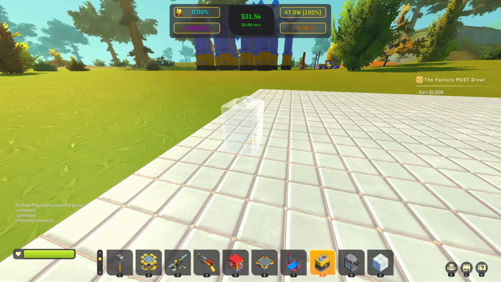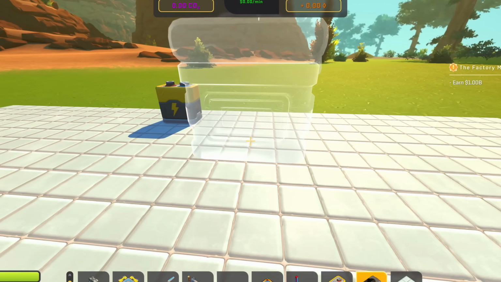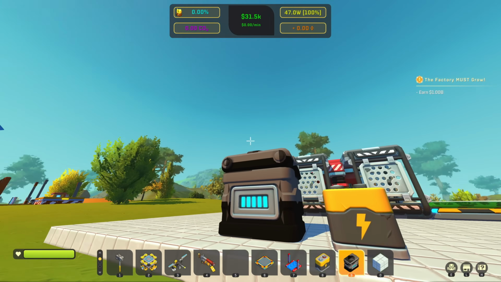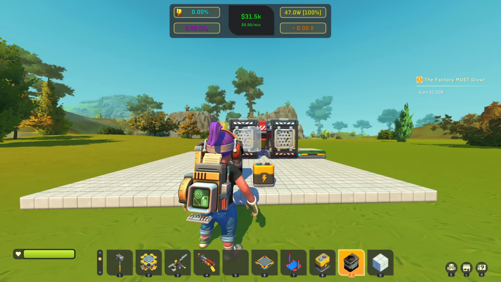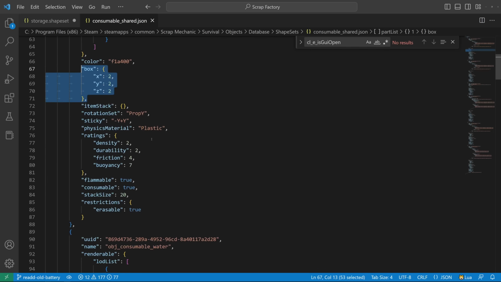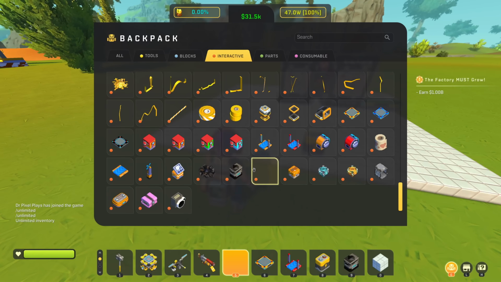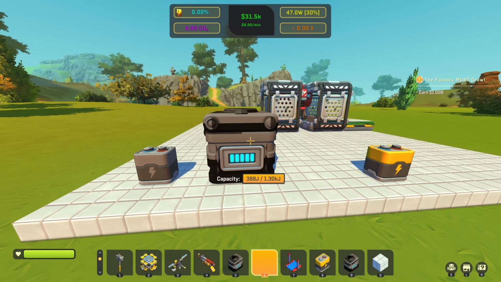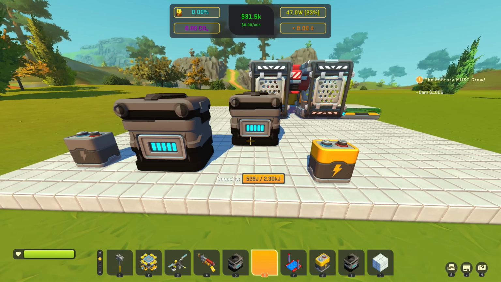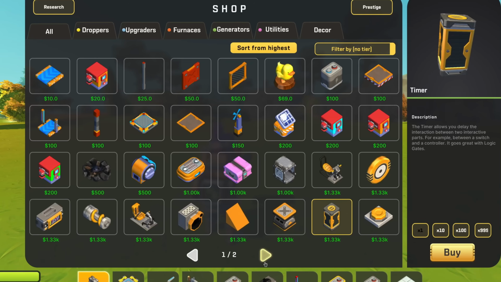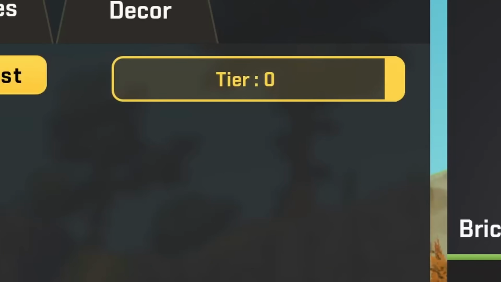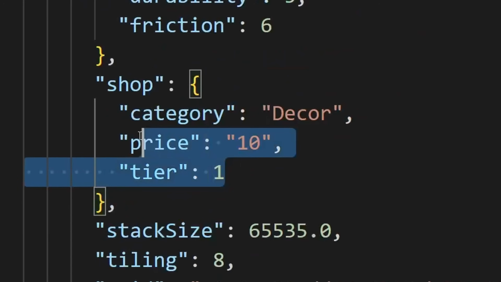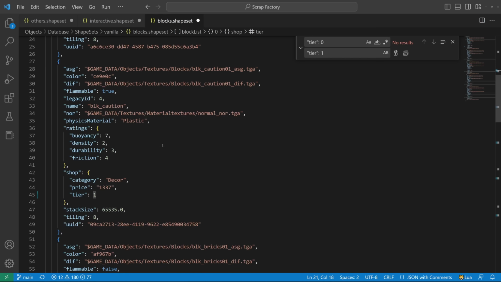So previously we had this normal battery model, and then Illumina worked on this new model. Basically, I'm just saying if we steal this model, we already have two battery models in the mod. So I'm just copying over the data from the normal batteries. Okay, now we've got our basic battery and the object underscore storage underscore battery 2. Yeah, this one now has 10 times the capacity, which is cool. There's a bunch of vanilla items we have in the mod. They're also all tier 0, so they're in this shop even if you're still technically in the tutorial. I'm just randomly giving these tiers and prices, and then the whole shop is going to look nicer.